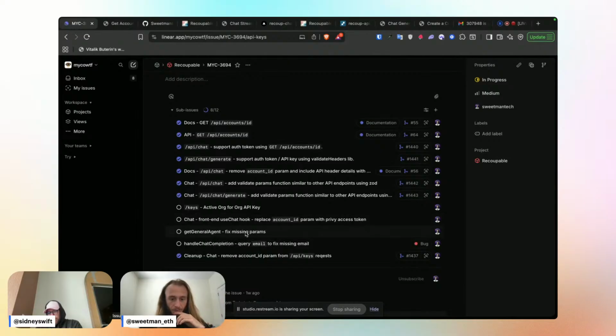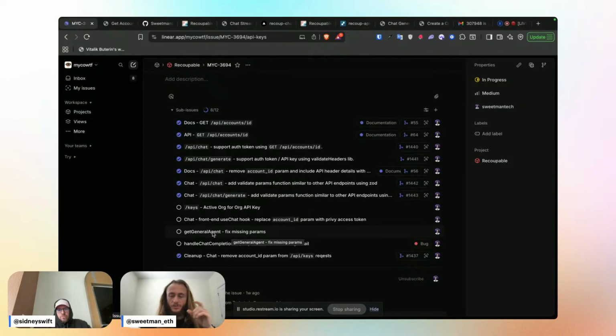Need to fix the missing params. There were parameters that we were using in our API chat that were not documented. That includes email, artist instructions, time zone, I think organization ID, and then there were a couple others. So I deleted those because they weren't referenced in the docs. The ones that I deleted on my side, we can get in other ways. And so this ticket is for me to go back and get those params.